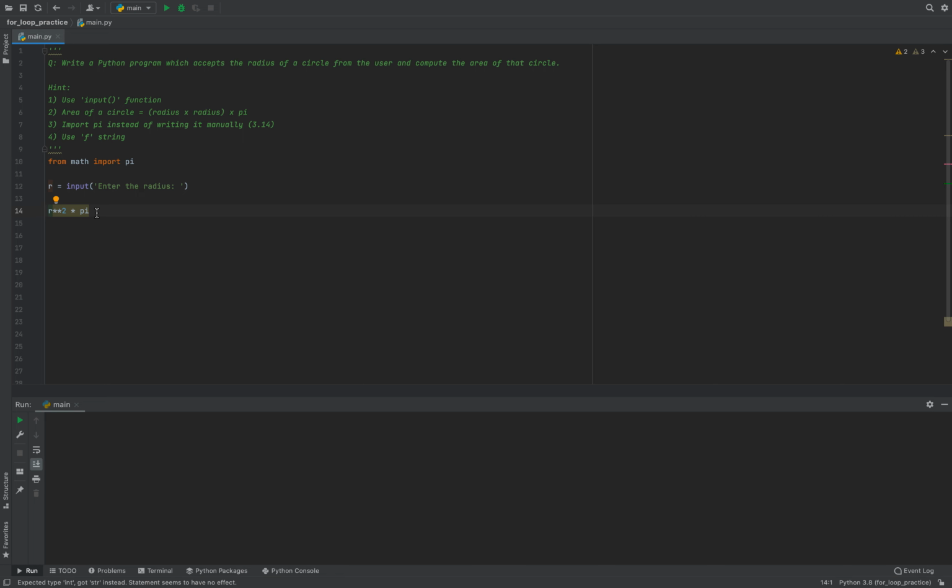So we can store this formula in a variable called area. Now we can basically calculate the area. So to show the user the result of all these calculations, print, parentheses, quotation mark, the area of the circle equals